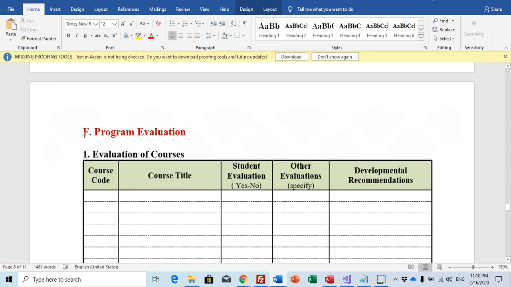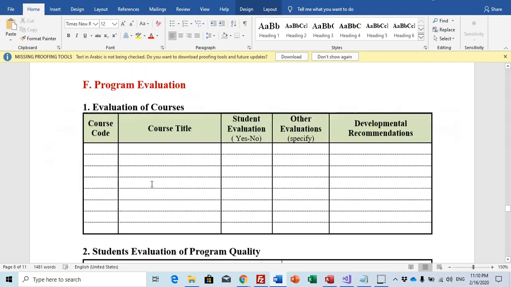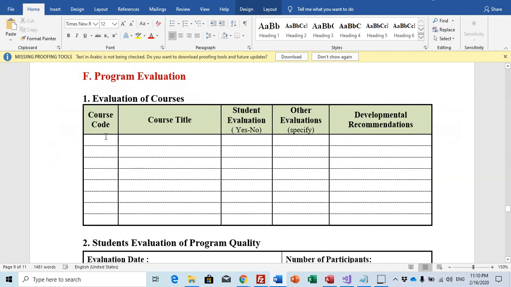Now, program evaluation. Evaluation of courses. This is the course code, the course title, student evaluation, other evaluations, and developmental recommendations. This section is very easy to fill. Why? You go to the course report, and every course report should include the students' evaluation for the course.